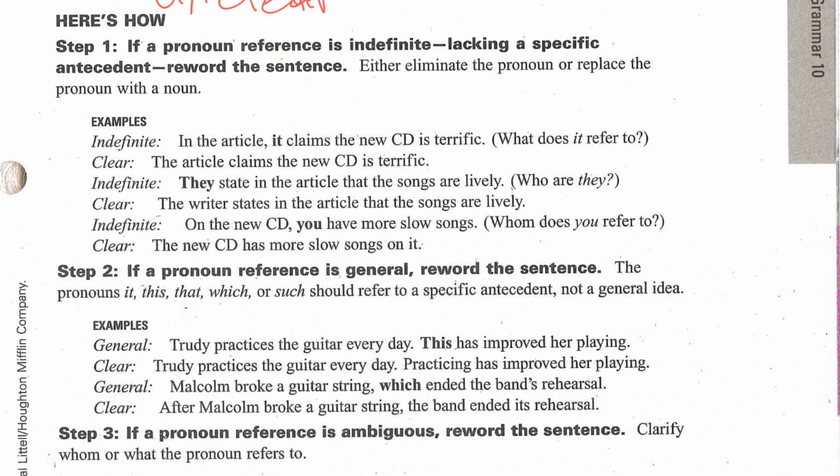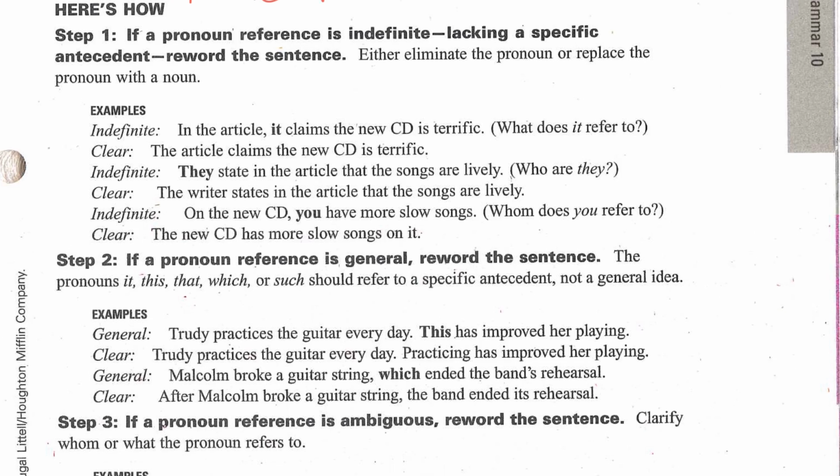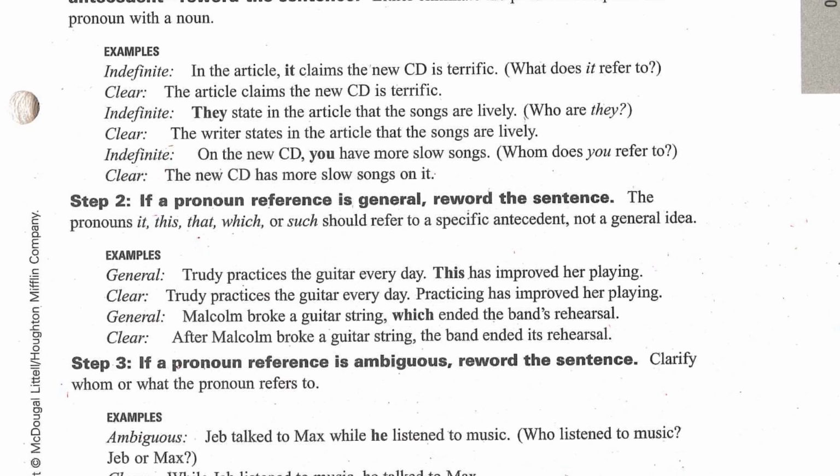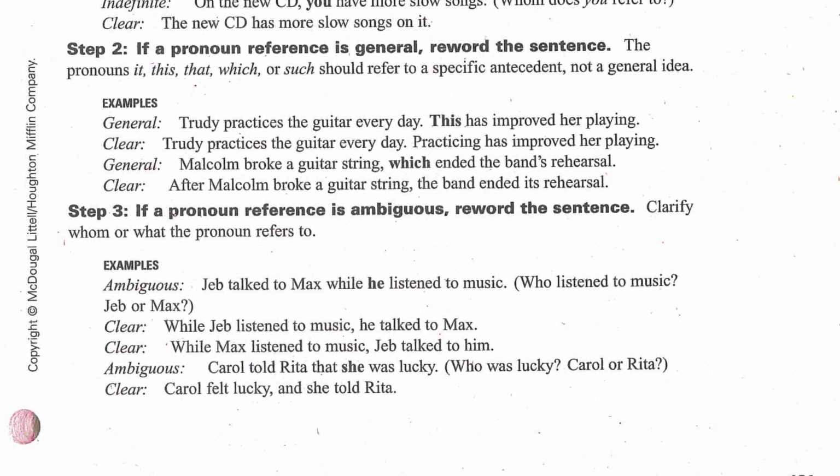Okay? Indefinite. On the new CD, you have more slow songs. Who is you? Me? I don't have the CD. Okay? The new CD has more slow songs on it. That's more clear. Does that make sense? So watching out for those pronouns, they, it, you, and make sure that it's clear. So step 1, so reword it. Eliminate the pronoun or replace the pronoun with a noun. Make it clear. Step 2,